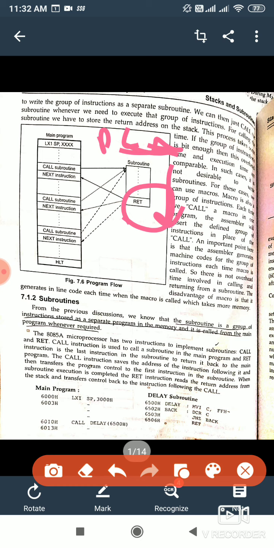Return will retrieve back the program counter that is prescribed for the next instruction and come back to our main program.